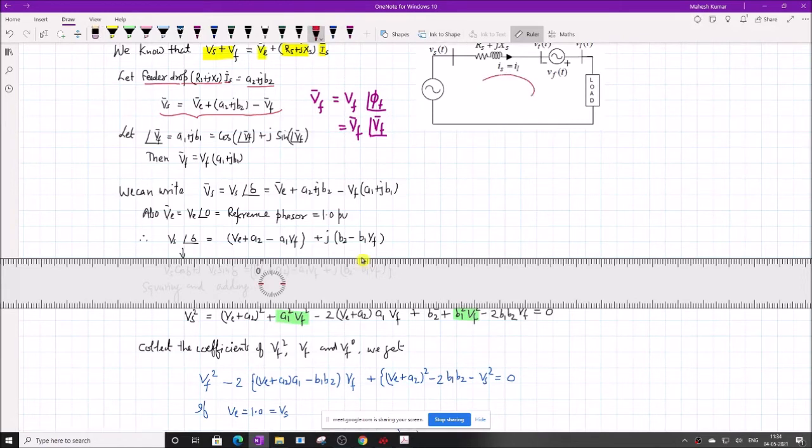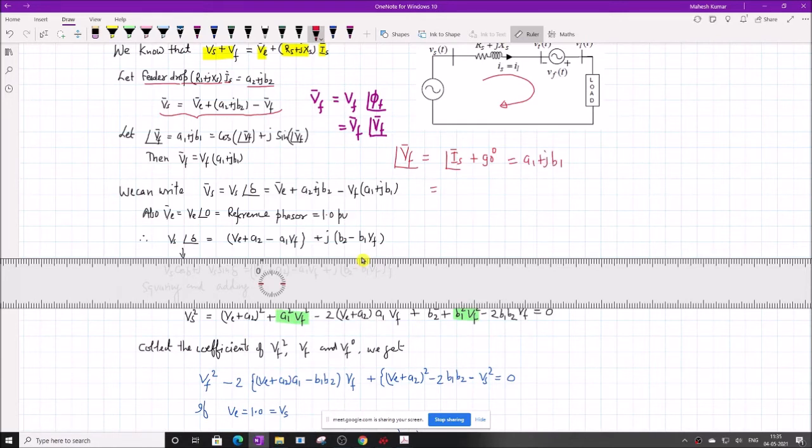Why is it so? Because that will ensure that no active power is drawn by the compensator. So therefore, the angle of Bf must be equal to the angle of Is plus or minus, or anything you want, 90 degrees. In this particular case, we have taken the polarity minus to plus as a voltage source, so here it must be plus 90. If you take the opposite polarity, it will become minus 90. So that depends. This must be the angle of Bf, and this we have denoted as A1 plus jB1.